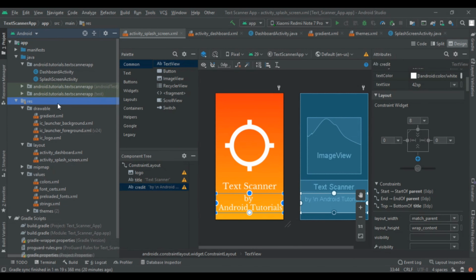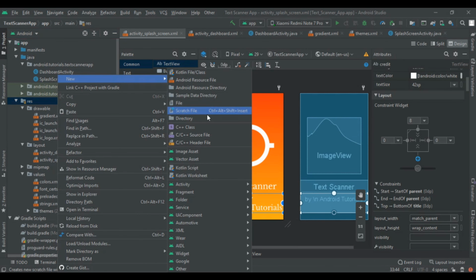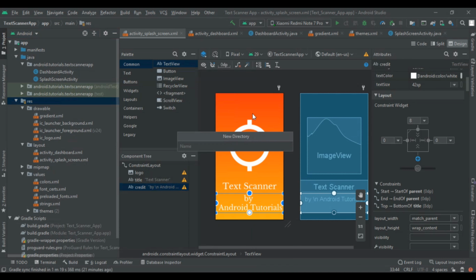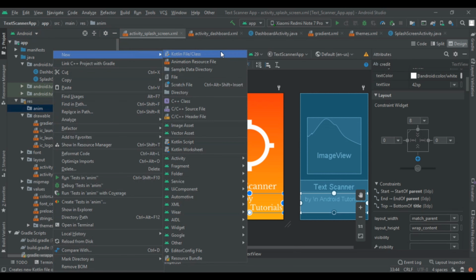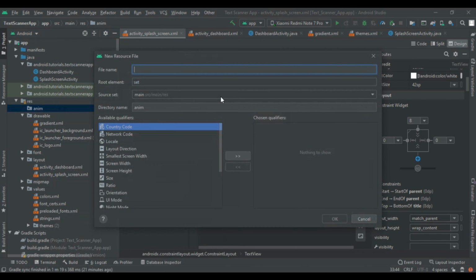So right click on that and new directory, and write anim. So now right click on anim, create new animation resource file, and now write file name as top animation. So here we have created our top animation.